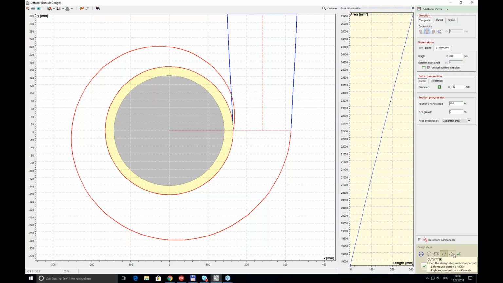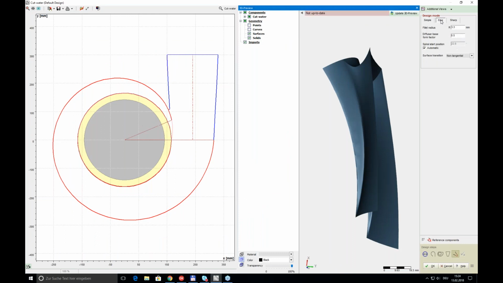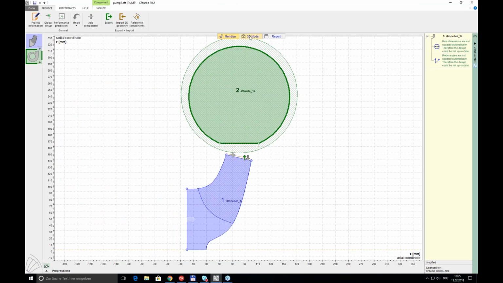And when I'm happy with that, I can directly jump to the very last volute design step, and that's the cutwater design. And here I'm going to choose a fillet cutwater with a diameter of 3 millimeter, a radius of 3 millimeter. And if I press OK, then